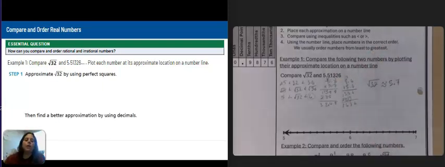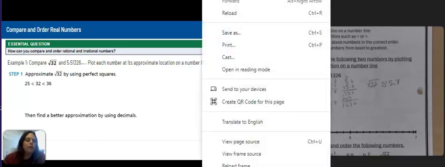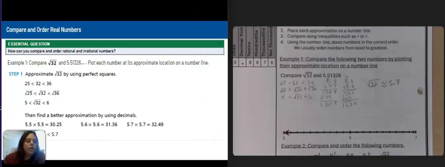So I get that the square root of 32 by comparing perfect squares is approximately 5.7. And it's between 5.6 and 5.7 because 5.7 is a little too much, 5.6 is a little too little, but